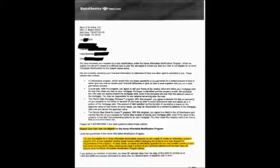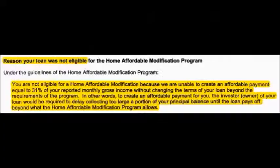Now on your screen we're going to show you a copy of a rejection letter from the lender. The easiest way to view this is by maximizing the video that you're watching so you can clearly read the document. On the very bottom of this letter is the reason for rejection, which is the number one reason given. Zooming into it, you can see that it says the lender couldn't create an affordable payment equal to 31% of the reported gross income without changing the terms of the loan beyond the requirement of the program, and goes on to say, to create an affordable payment for you, the